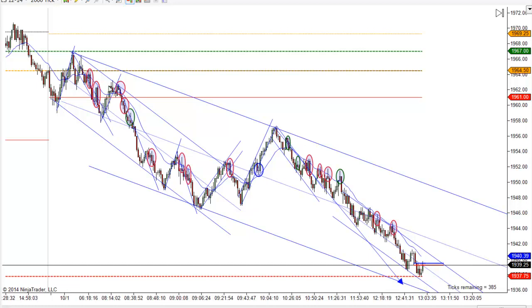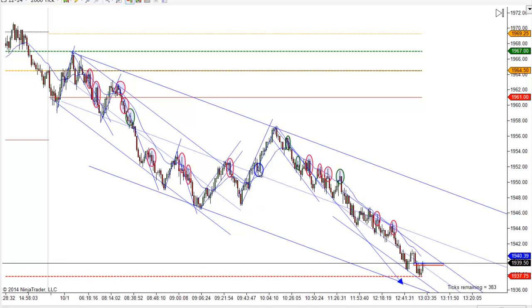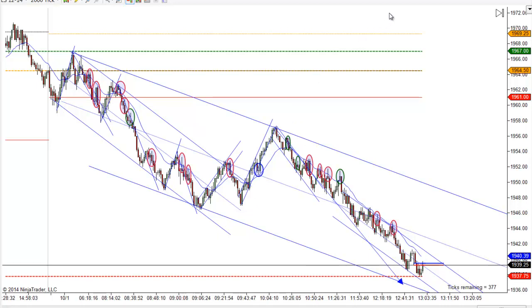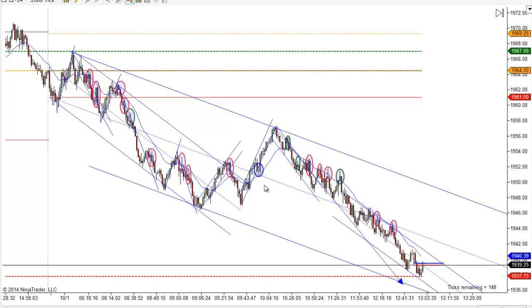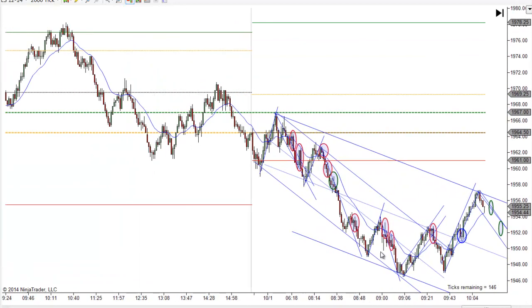But if you're understanding what's going on here, there's reasons to want to go long right there, because this thing could have reversed and went higher. Looking at it after the fact, I say it should be green, maybe even not circled at all. But at that time this morning, you can see